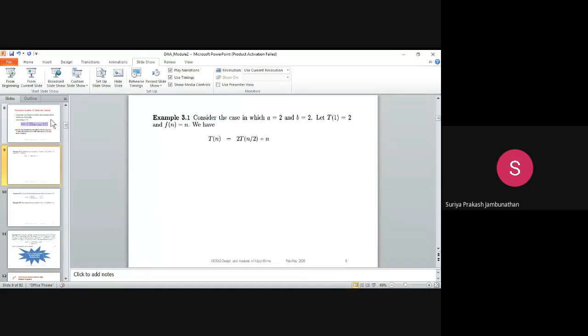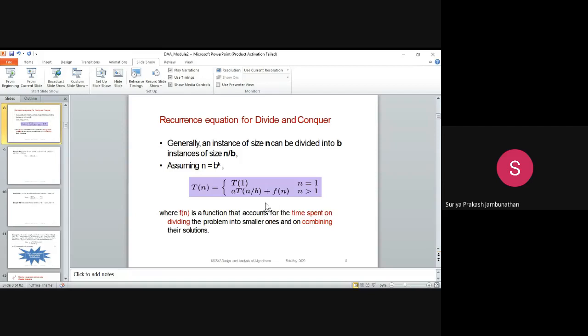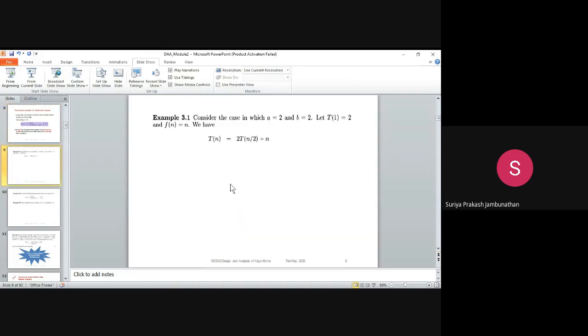So let's substitute one more value in the formula, and you tell me the answer. Let's consider a value as 3 and b value as 5. Please note down, students. A value is 3, b value is 5, f of n is 2n.